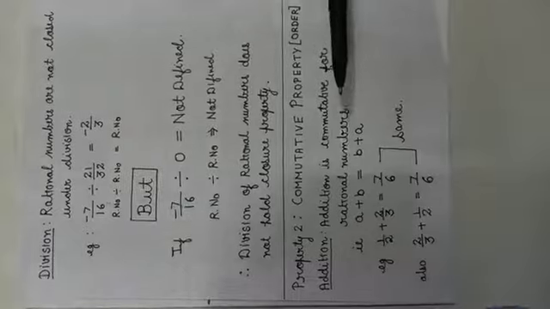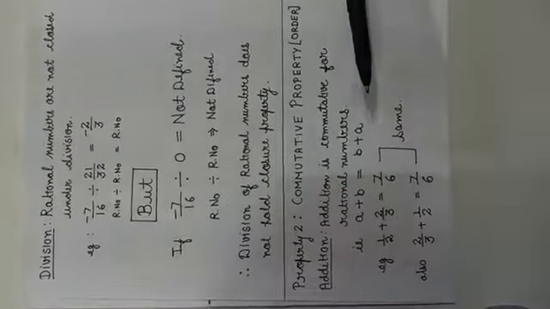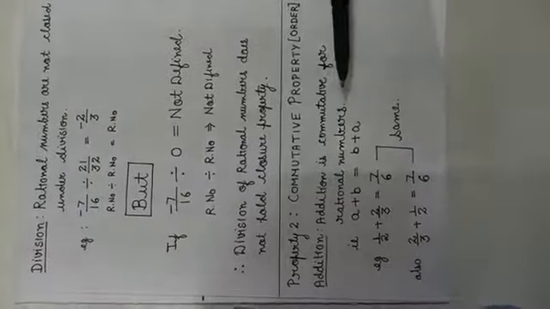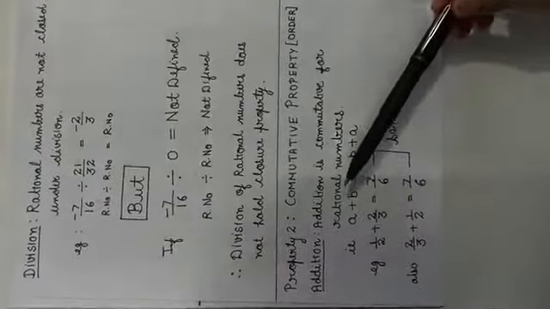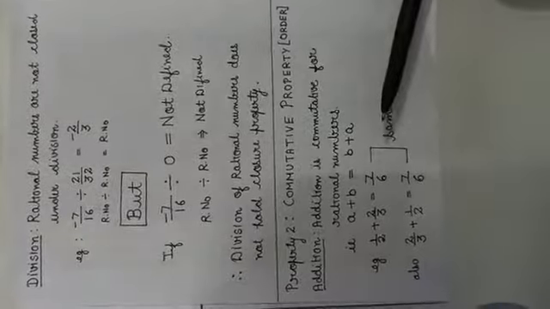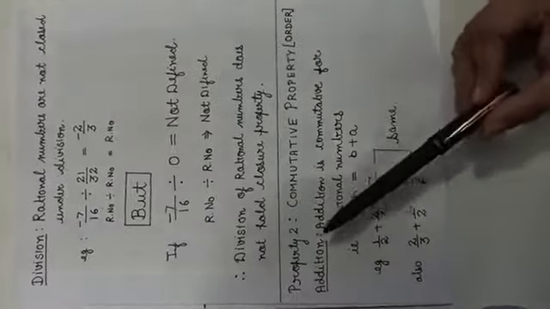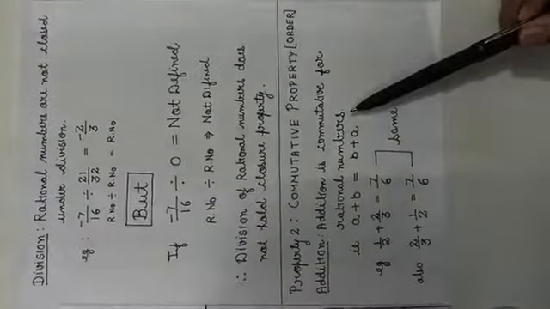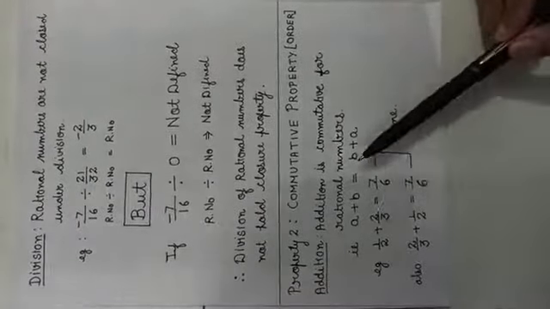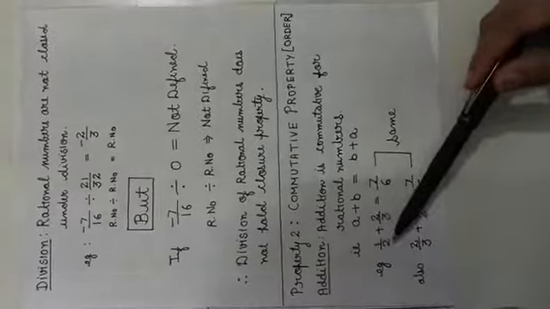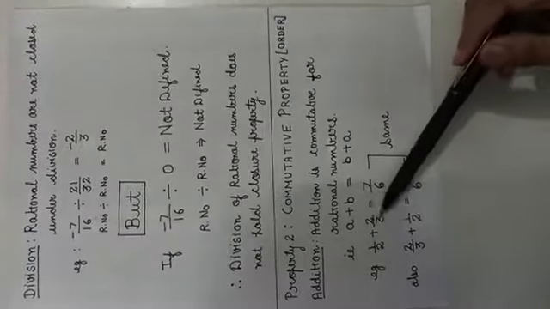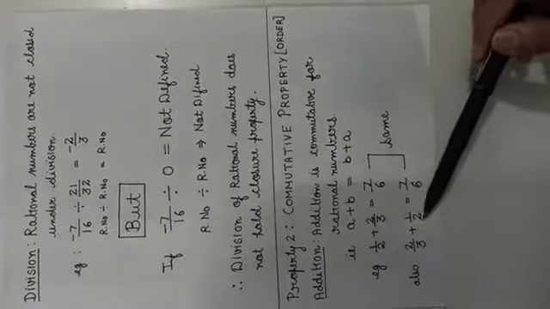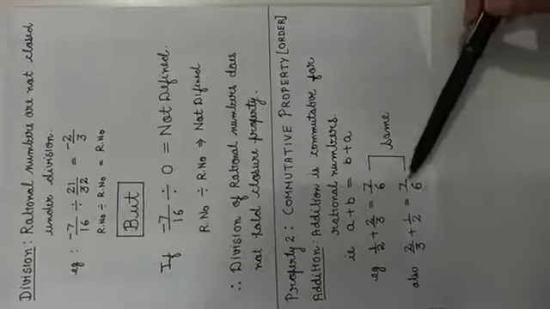Now move to the second property, that was commutative property. What does this commutative property state? It states that we can change the order of the operation. Means if we look at addition first, addition is commutative for rational numbers. It means if we change the order of addition, I have taken the example 1 upon 2 plus 2 by 3. Answer is 7 by 6. If you write 2 by 3 first and 1 by 2 later, then you get the same answer.